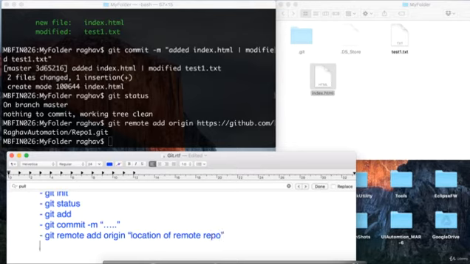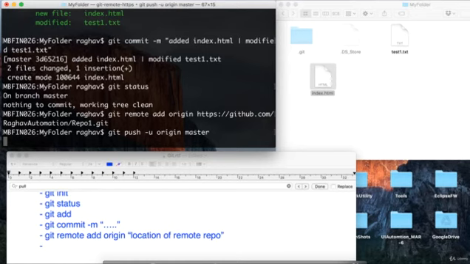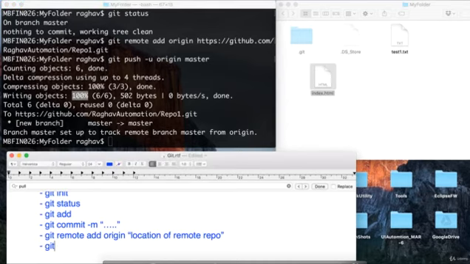Okay, but now we will push the changes to the remote repository. So we will say git push -u origin master. So master is the main branch, and by default this will go to the master branch. So I will say this and press enter, and now you can see something is getting added, right? All these things are getting added to the remote repository, and it is 100% complete. So let me also write here git push -u origin